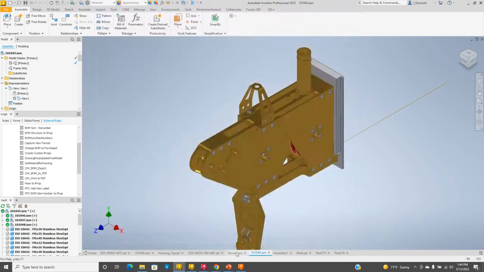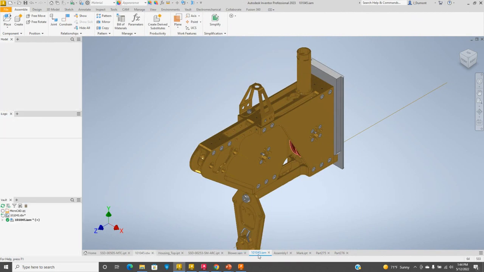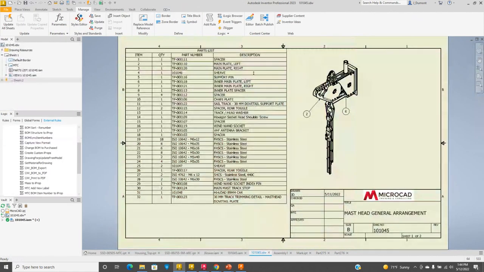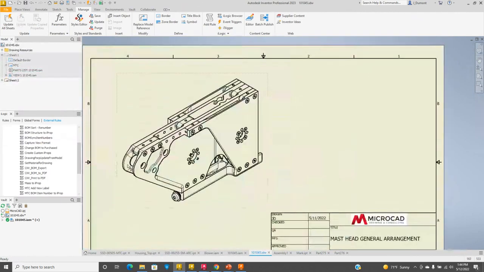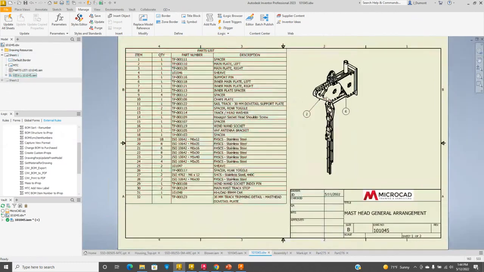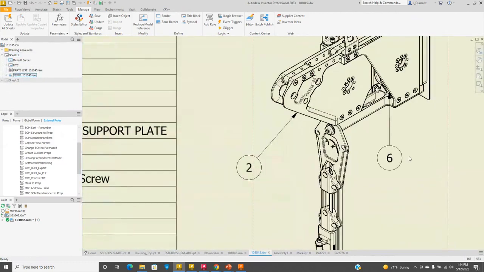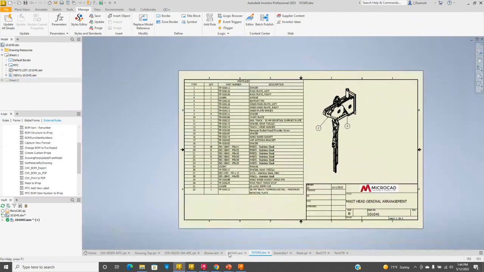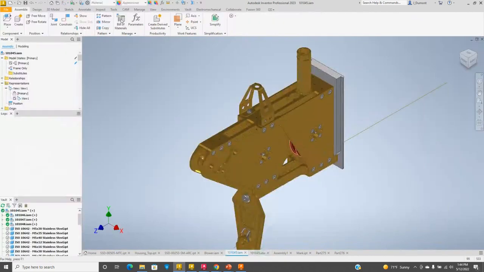Now, I'm going to actually put this on, close this, and switch over to my drawing. Let's move that closer to where I am. Okay. So I can see 32 items. And if I go to sheet 2, this looks like here. Now, I want to show you something. This part is item 2, and that's item 6. Inside of my assembly and my bill of materials,